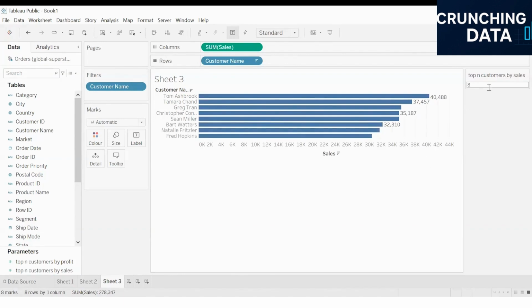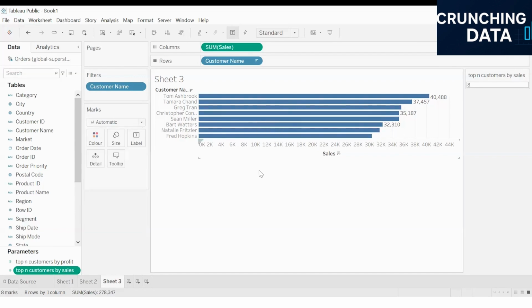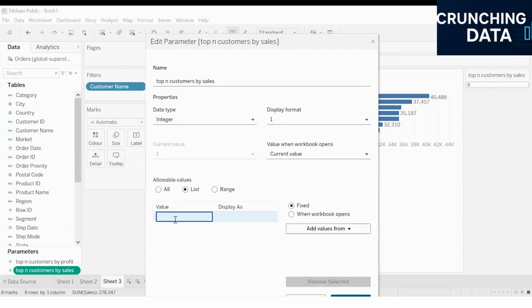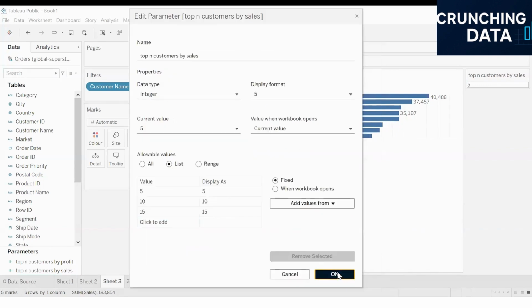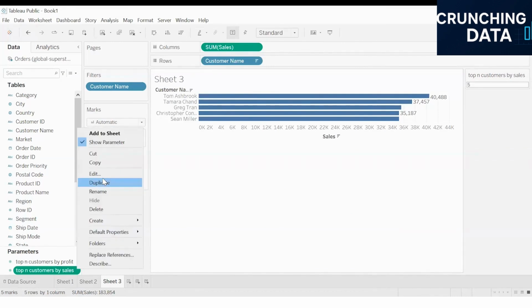And again, if you don't want to give this manual input for the user, that they should enter these values manually, you just want to provide a list, what you can do is again you can go in this option and you can use this to create a list. So I'll show you a new option this time. So if you choose this list and you give these values as let's say 5, 10 and 15, a cool way to deal with this would be instead of this drop down option, what you can do is,